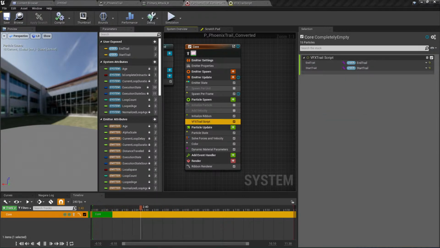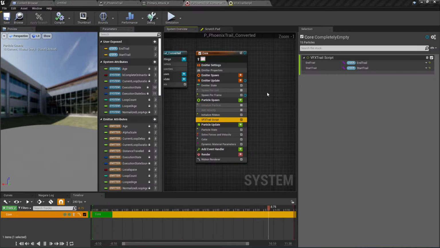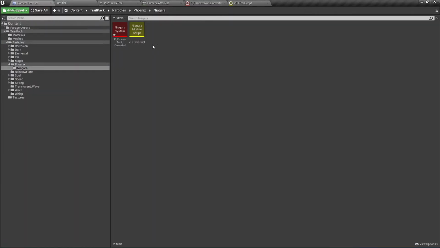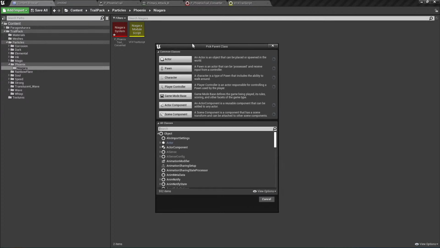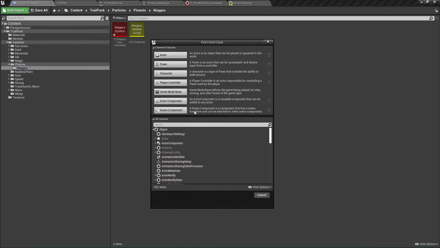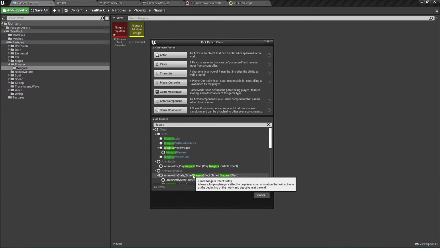Okay, so now we have both of those. And now what we need to do is create a blueprint. This probably shouldn't be on the Phoenix, so just outside, but we're going to move it after. So just blueprint grass. We go on, we type here Niagara, and just go on anim notify state Niagara timed effect, and go on